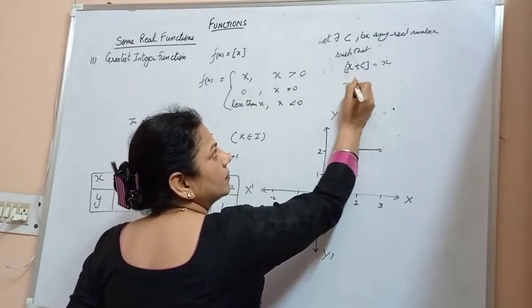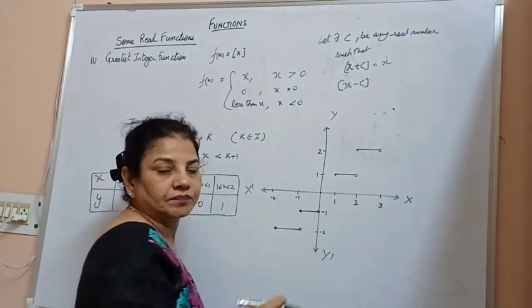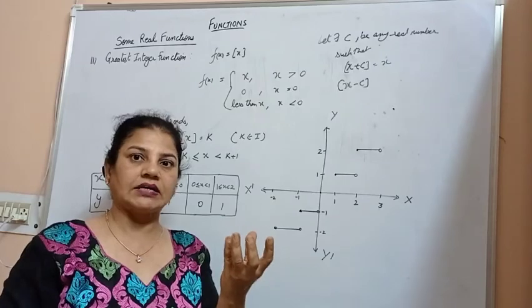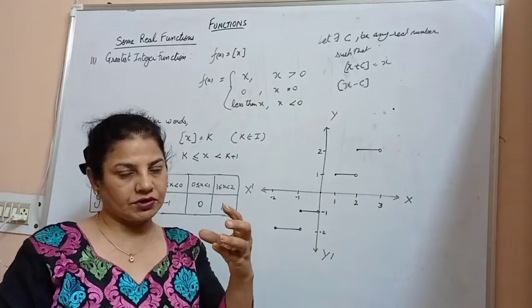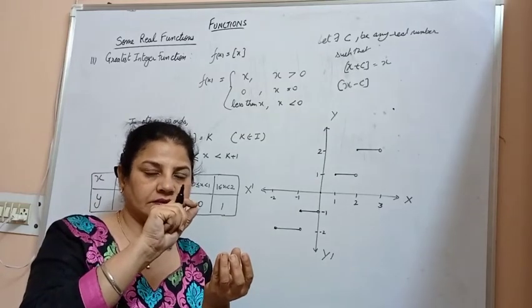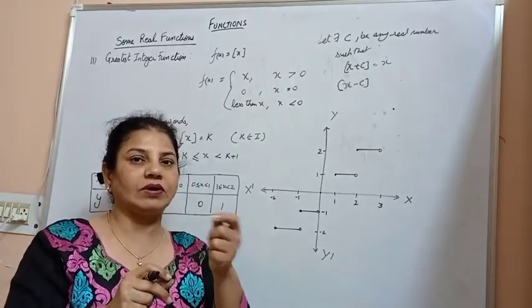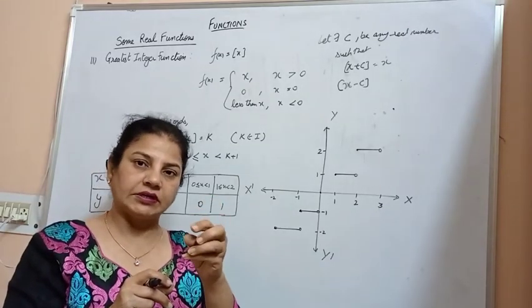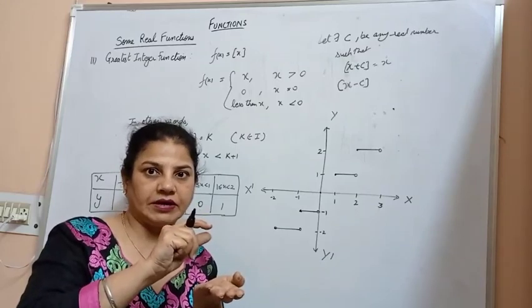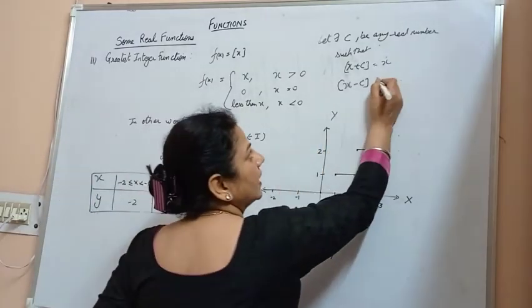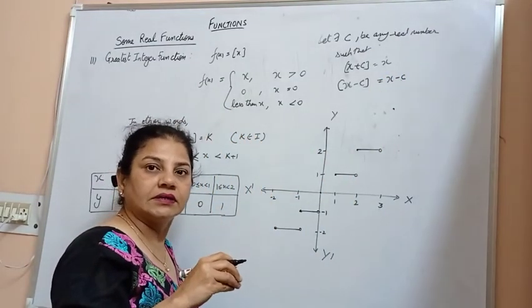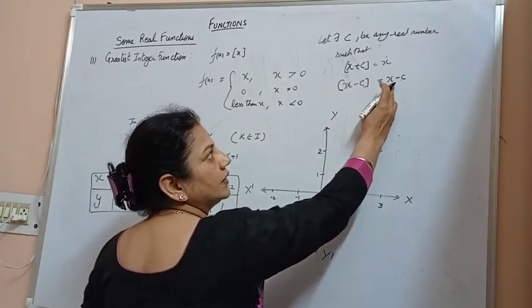Suppose a real number is subtracted from the greatest integer. Now you have a glass filled with water. If you pour some water from the glass, what will happen? There is some empty space. When you take a spoon or simply pour out a little amount of water from the glass, there will be some empty space left behind. So we get the result as the empty space, x minus c. It means that c can still be added to the glass. So we have x minus c.